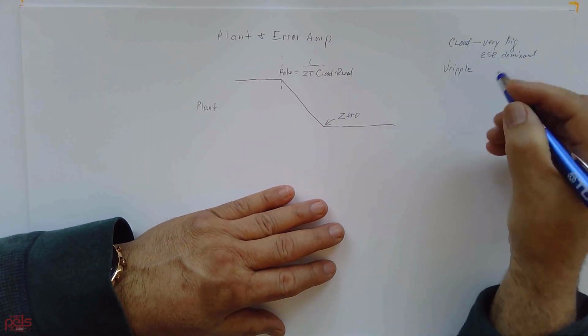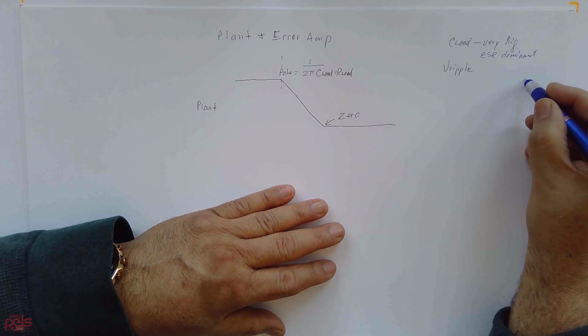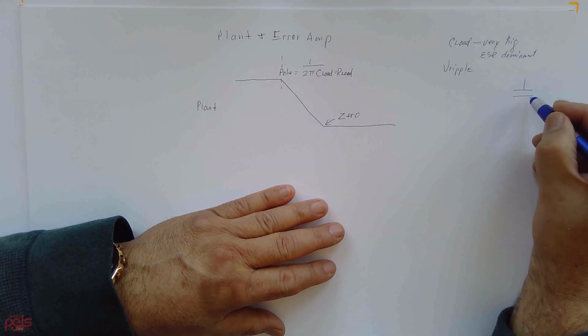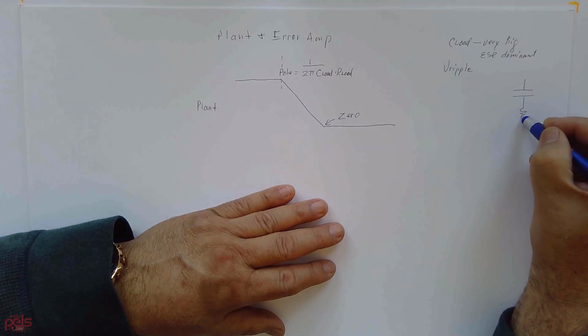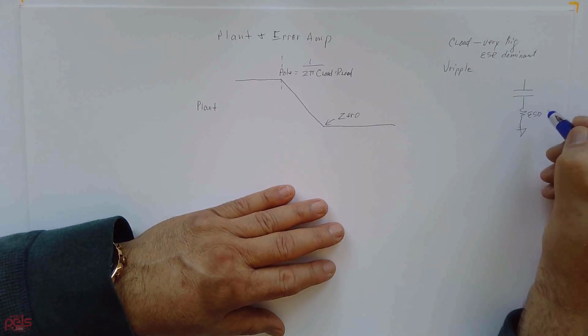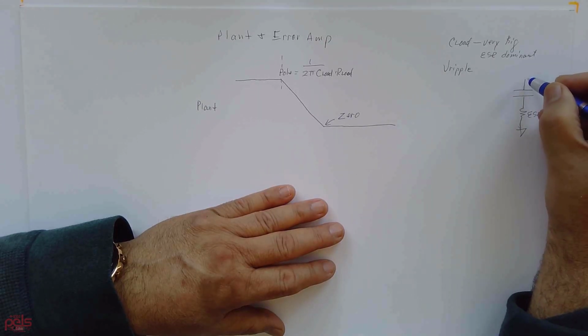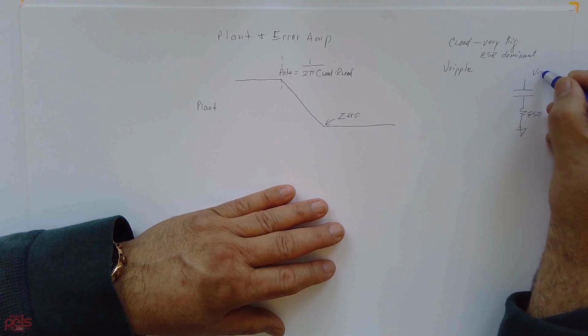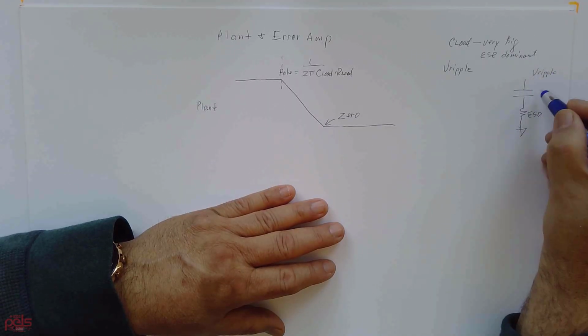What do I mean by that? If you have a capacitor and an ESR, and you're measuring V ripple right there, this ripple is a combination of this VC